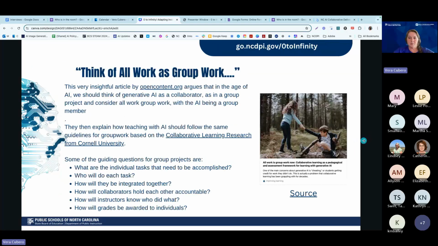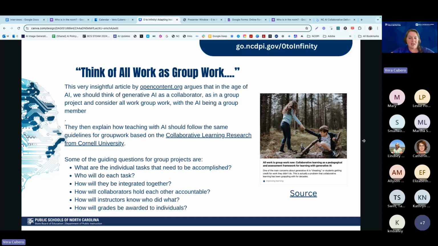So this is that one quote there about thinking from Holly Clark's graphic about just consider everything group work. You may as well think of it that way going forward, especially for your middle school students and high school students. Elementary school students, probably not so much, even though I know a few of them are using AI. It's going to be much more prevalent in high school and also some in middle school. But we just need to